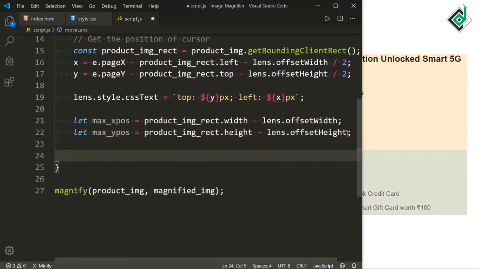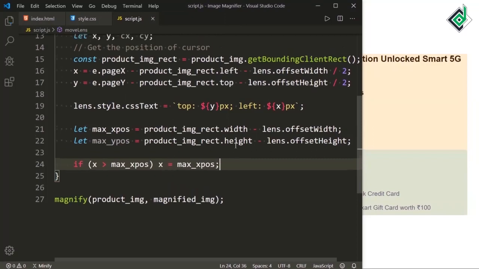In the max x and y position variables, we are storing the maximum value that the lens can move on the x-axis and the y-axis, but still we are not giving any condition. So for the condition, I'm giving: if the x coordinate of the cursor's value is greater than max x position, then we are assigning x coordinate to max x position.